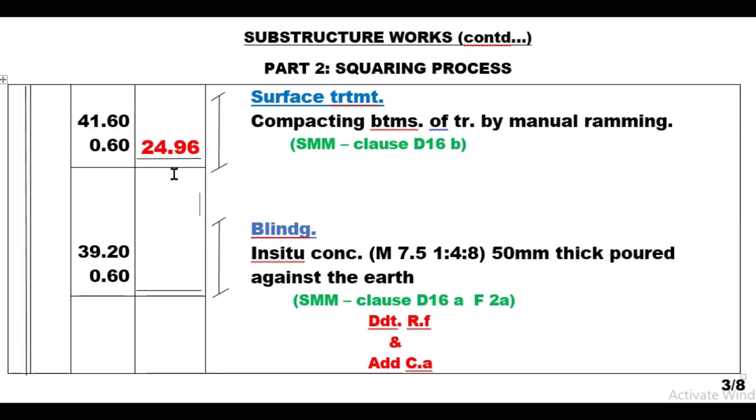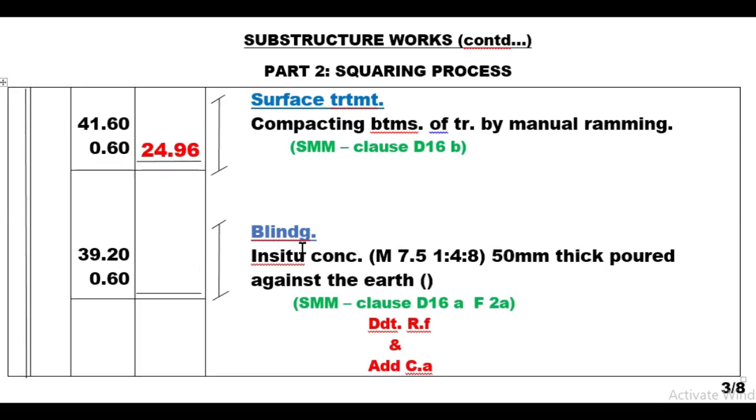When I'm preparing now bills of quantity in terms of labor, I will be now billing this area to be compacted. The sixth item will be blinding now, and the explanation will be in situ concrete, and this is the class and this is the ratio, 50 millimeters thick poured against the earth. So in our first part when we were taking off, you had a mean gut of 39.20 by a width of 0.60. So if I multiply these two figures, I get